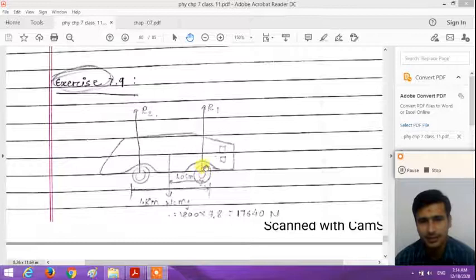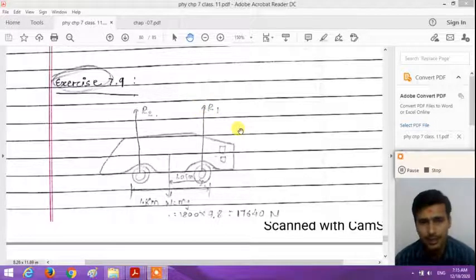So let us see this figure, a front axle and the back axle. The distance between the front axle and back axle is 1.8 meter, and the force of gravity, the weight force W of the car, W is equal to mg, that is 1800 multiplied by 9.8, that is 17,640 Newton, is at a distance 1.05 meter from the front axle. Now let us consider the force exerted by the level ground on the front axle as R1 and the force exerted by the level ground on the back axle as R2, that is the normal reaction force.